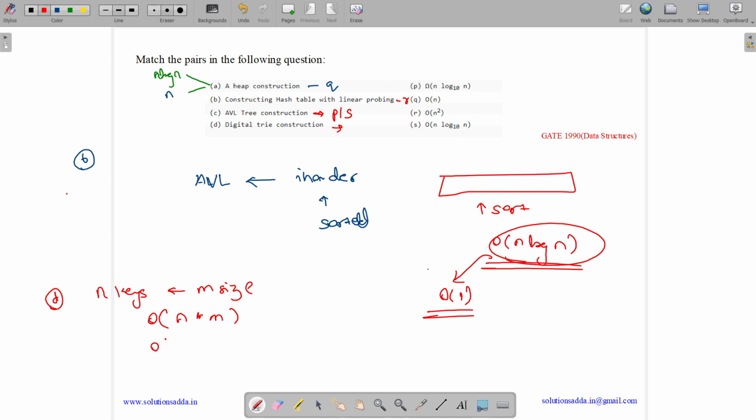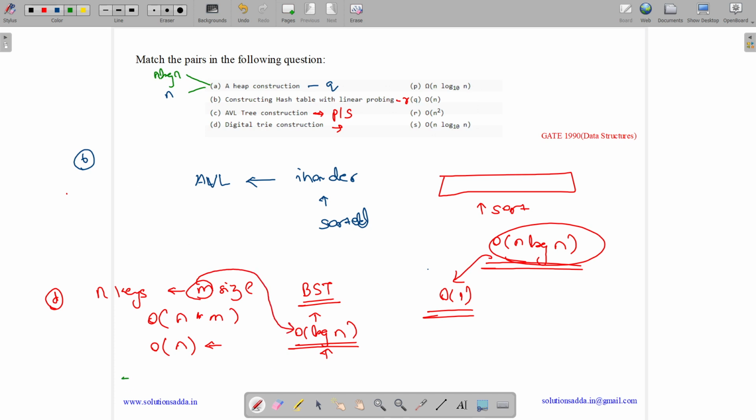Then we can assume m to be constant, order of n, but order of n is already taken. Then we can also assume that a digital trie behaves like a BST, and the height of a BST is order of log n. Thus the average key size will be order of log n, so m will be equal to log n as it behaves like a BST.